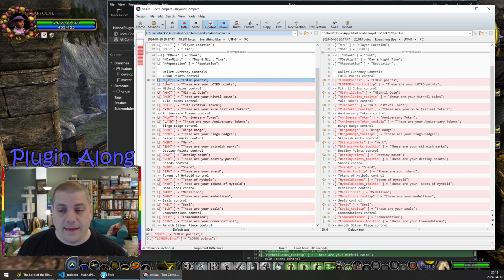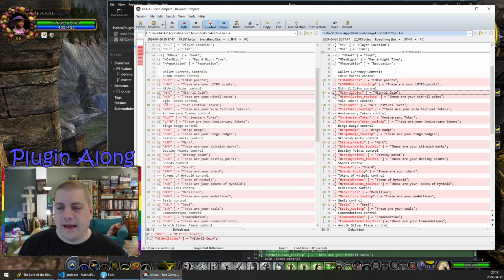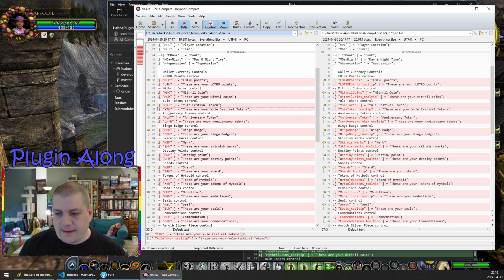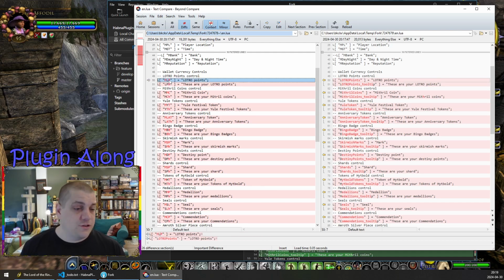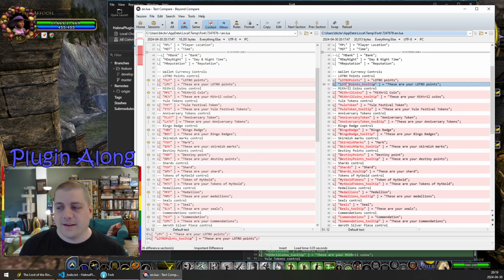So why not, instead of MLP, just call it LOTRO points. Instead of MMC, Mithril coins. MYT, Yule token. And suffixing all of the tooltips with a lowercase h. So you use that same, usually 2-letter code, LPH, that's the hover text. Nope, we're just going to call it underscore tooltip. Now, this is very regular, so you can still take a variable containing this and append underscore tooltip and still get the same